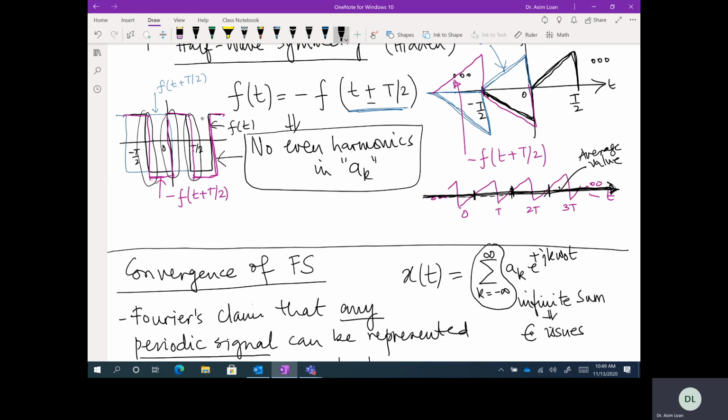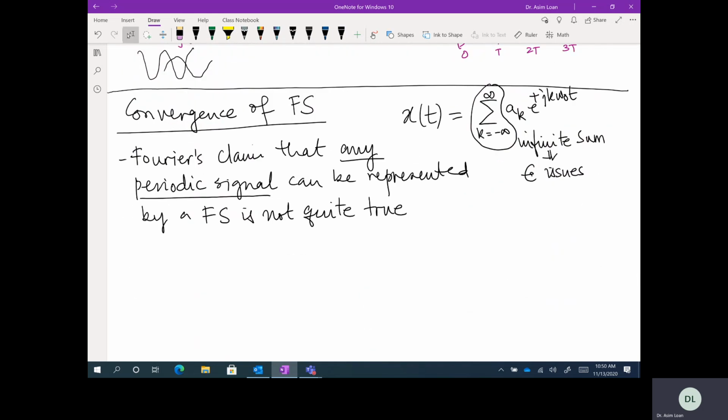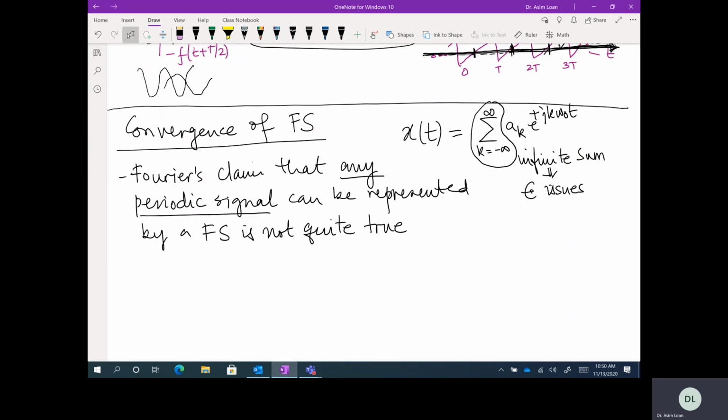They were not accepting his theory because they said, how is it possible that continuous time signals, sines and cosines of different frequencies, add up to a discontinuity? They said this is not possible. That's why his theory wasn't being accepted. And actually this is true. His claim that any periodic signal can be represented by a Fourier series is not quite true. However,